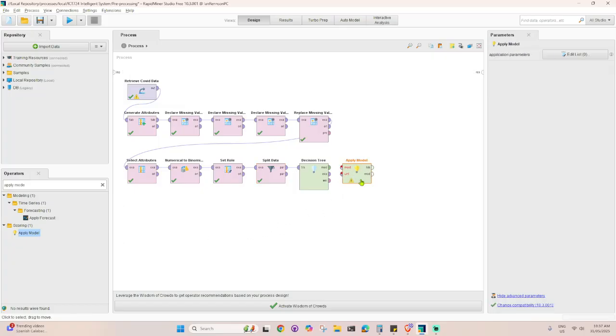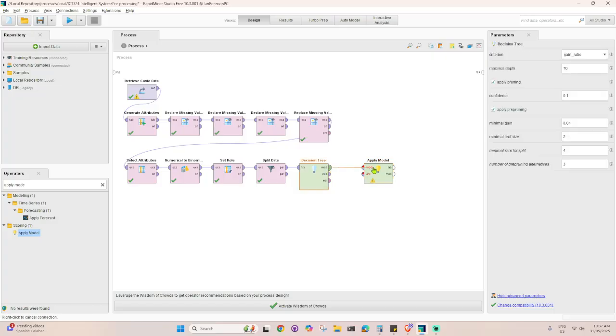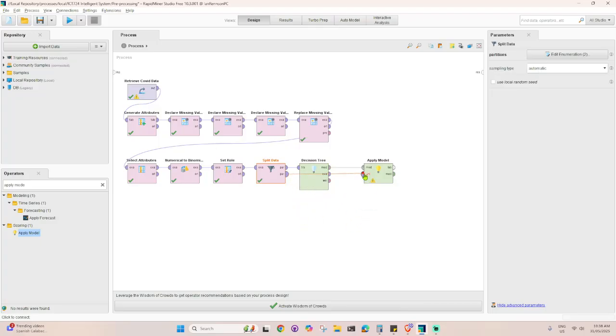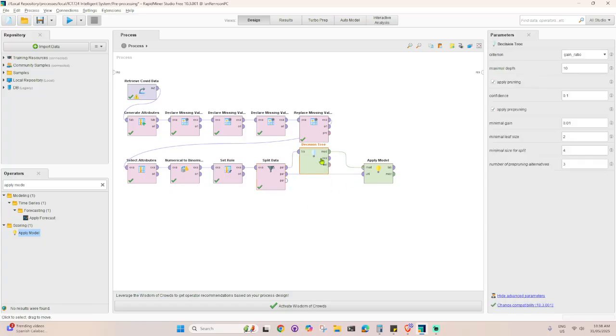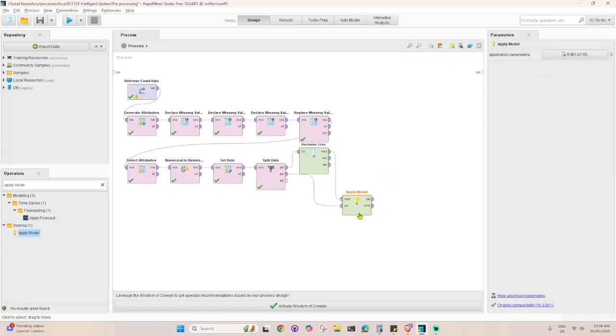We just connect it to the apply model, and what it means is that the 75% will go to the decision tree model, and then it will go in the apply model area. The other 25%, we're just going to connect directly. I'm going to move it up so you can see that it's connected.